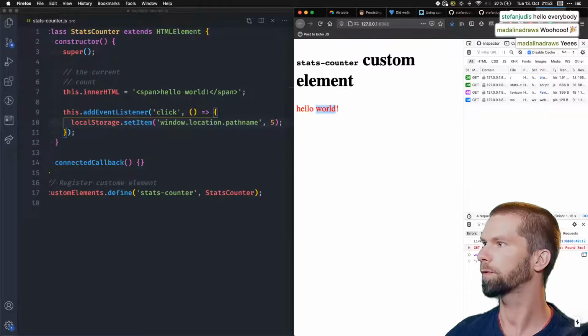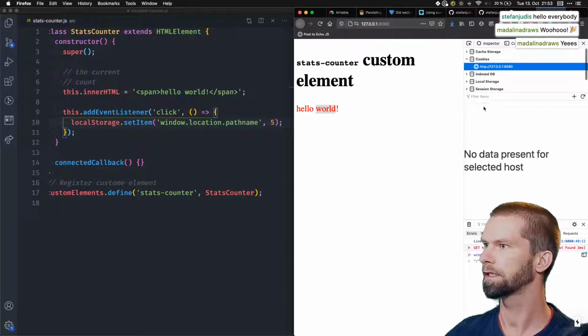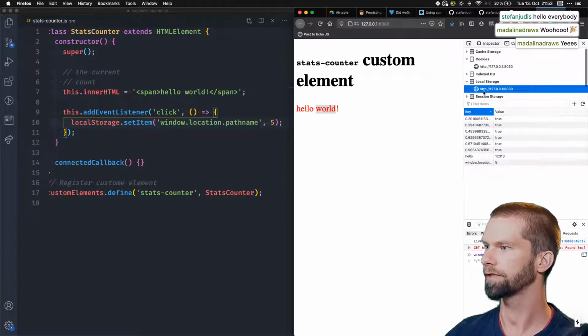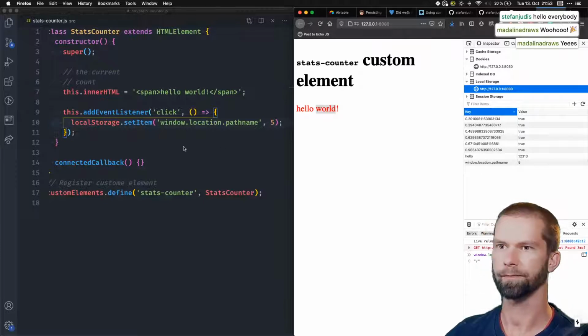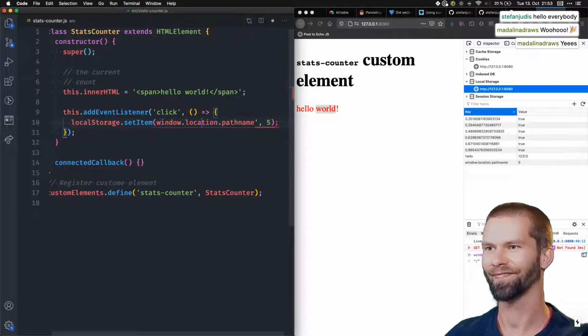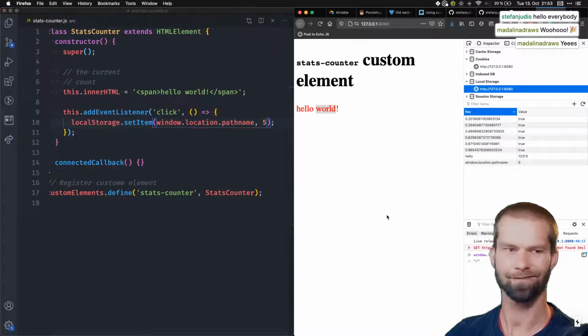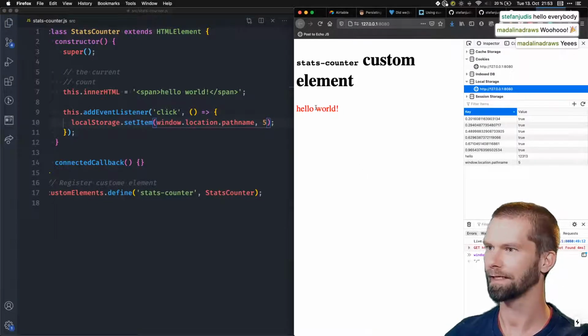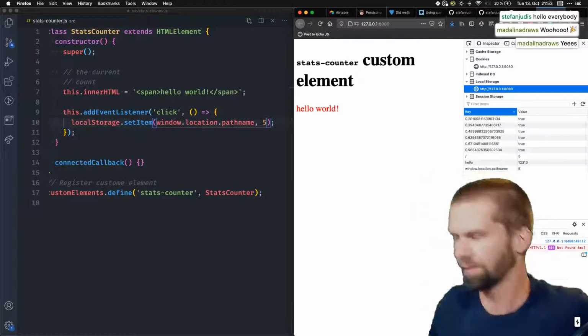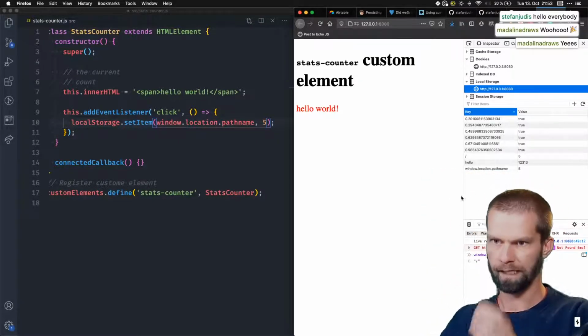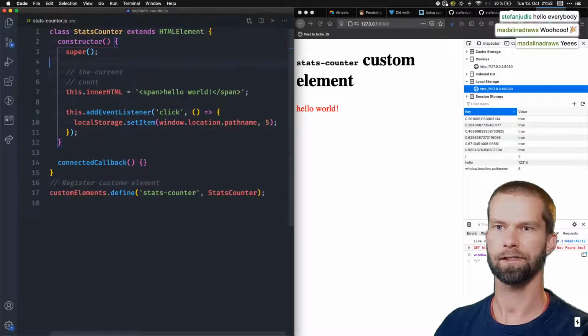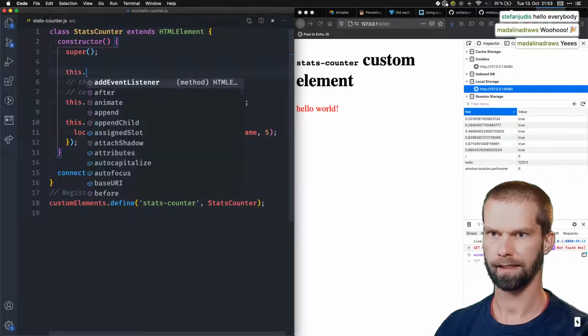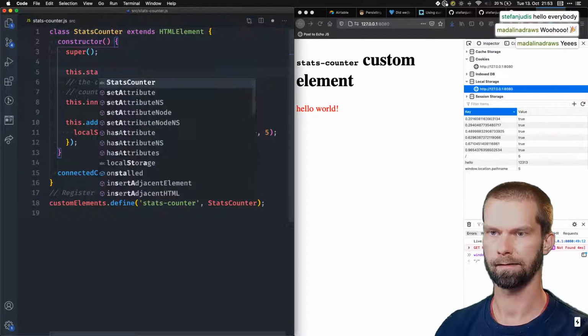And it should now, when we go to our storage, we should see here a local storage entry that has window.location.pathname, because it shouldn't be a string. Okay, so let's refresh that here. So what we can do now is we can click that and we see here, all right, that's cool. So what we then would have to do is, let's just say something like this, stats